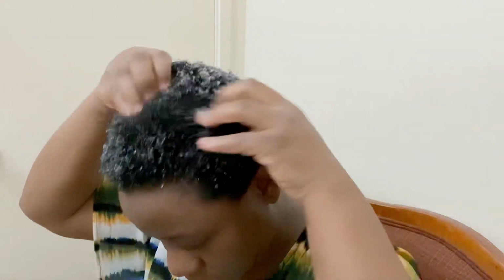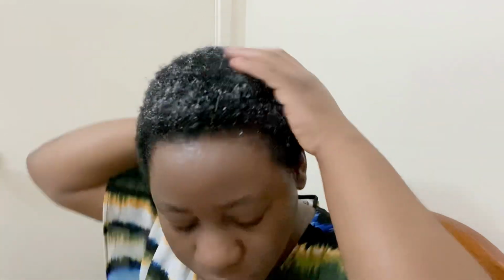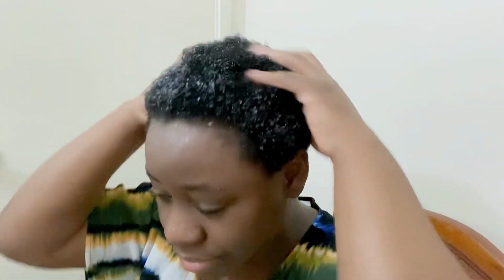Alright guys, I'm practically massaging the onion juice onto my scalp down to my hair, and I'm gonna be leaving this for just 1 hour before I wash off. So you can apply onion juice twice a week or even every day, so long as it doesn't exceed